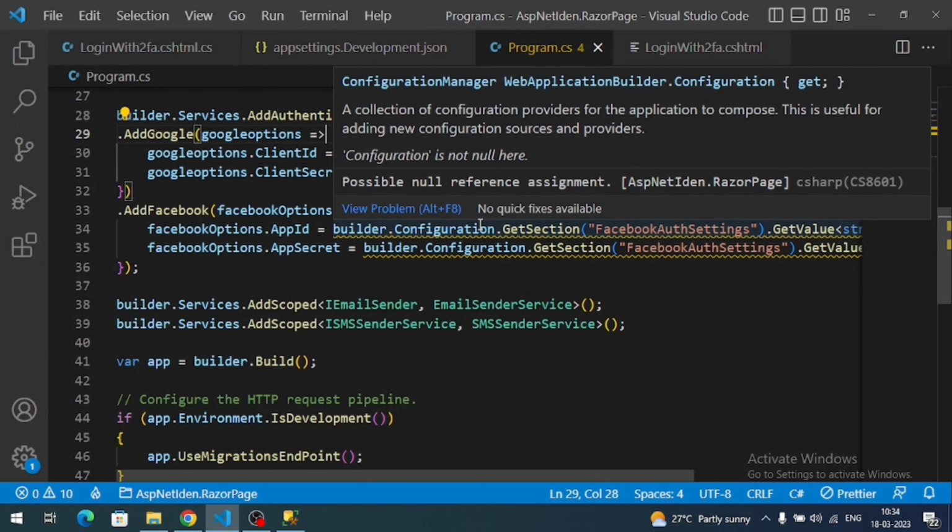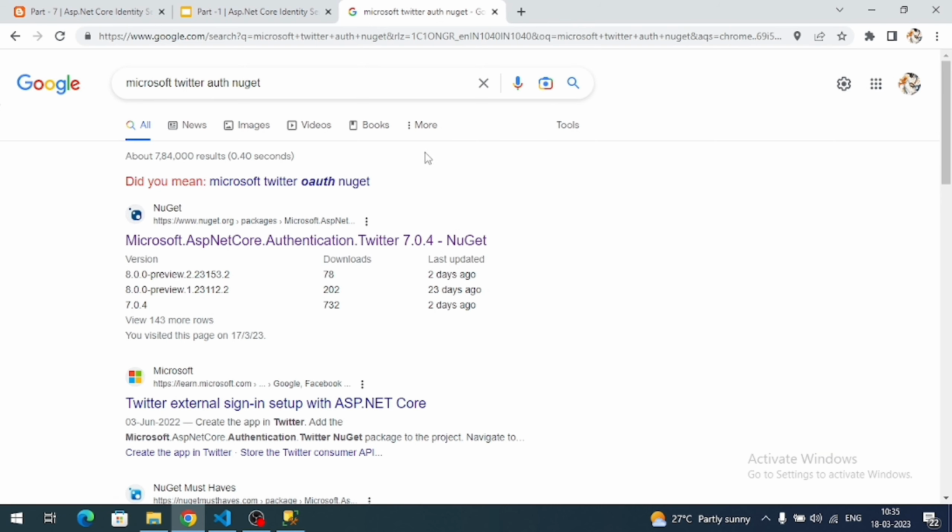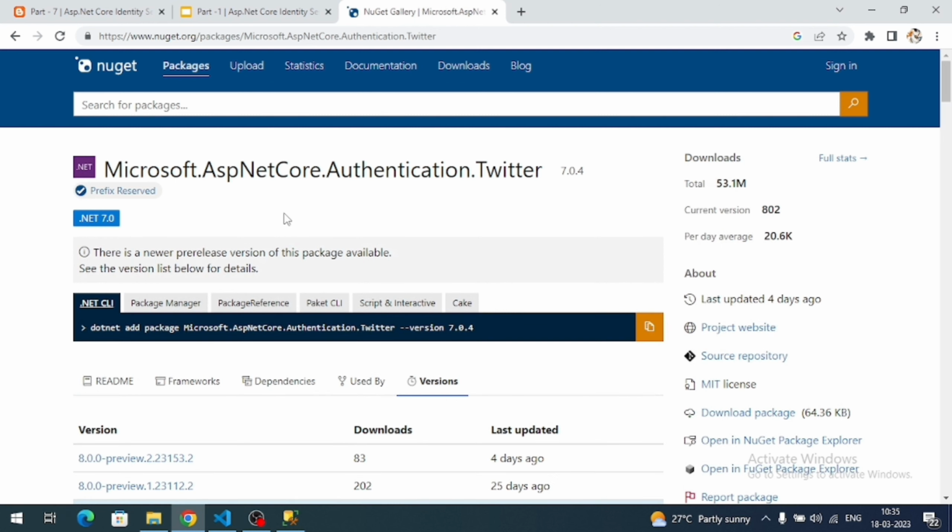So let's implement Twitter authentication into our ASP.NET Core Identity project. To integrate Twitter authentication, first we need to install the required Twitter authentication package, such as Microsoft Twitter Auth NuGet, and you can find this link. Click on it. The required package is microsoft.aspnetcore.authentication.twitter. Let me copy the CLI command,